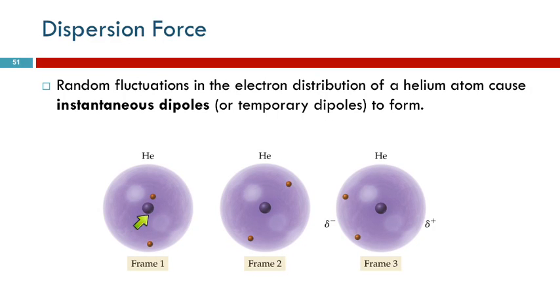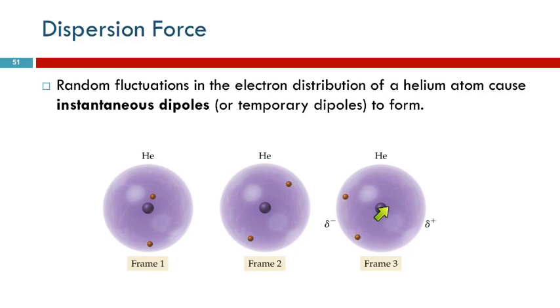So here's a helium atom at one point in time. Here's a helium atom at another point in time. And we see these electrons are kind of spread out. And then frame 3, now they happen to both be on the same side of the atom. Why? This is just random. They happen to be both over on this side. Well, that's all the negative charge in the helium atom. So all the negative charge is on this side, and there's no negative charge over here, but we've got this